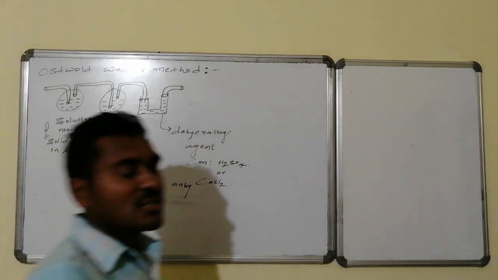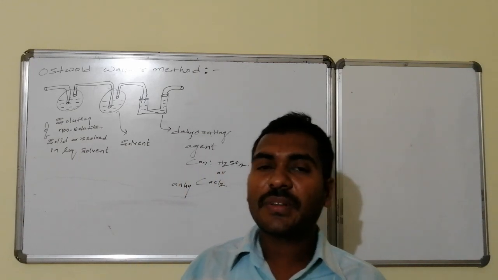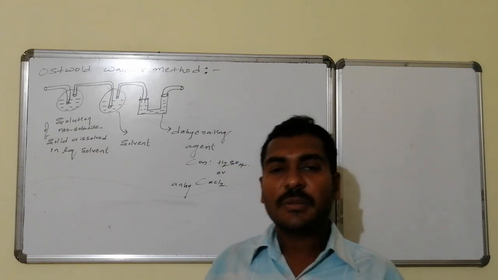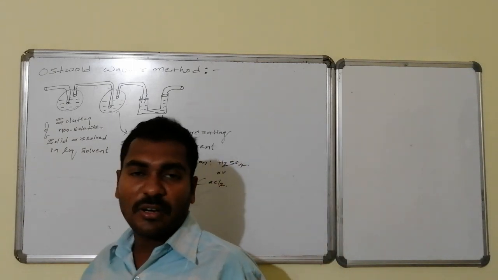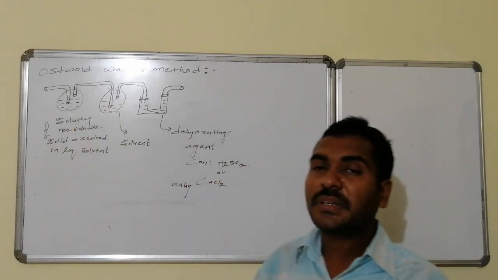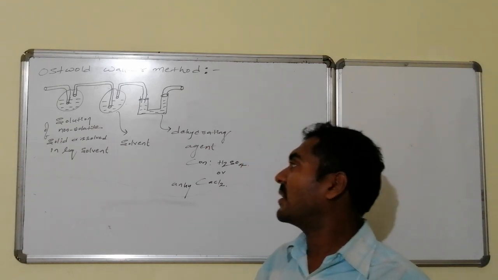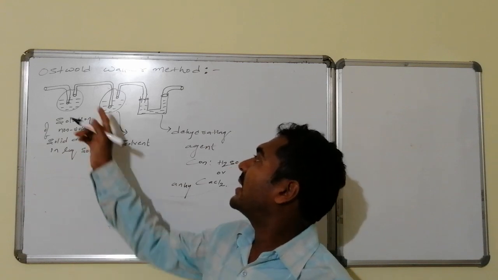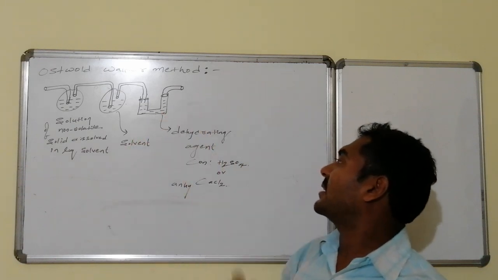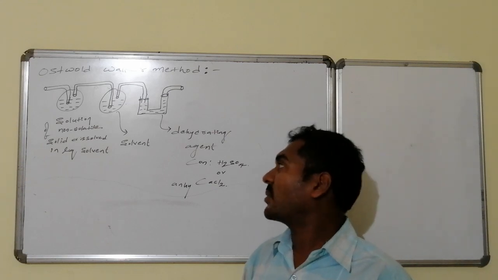Here, the Ostwald-Walker method, which is based on Raoult's law, is used for the calculation of relative lowering in vapor pressure of substances. This process consists of a round bottom flask, the first one, in which a solution of a non-volatile solid substance is dissolved in the liquid solvent, whereas the second round bottom flask holds the solvent, and this is connected to a dehydrating agent like either concentrated sulfuric acid or calcium chloride.